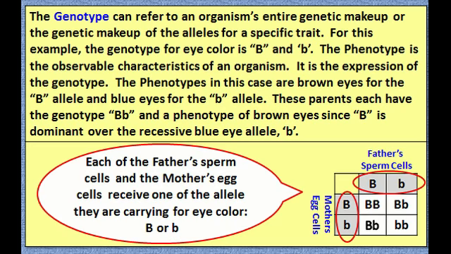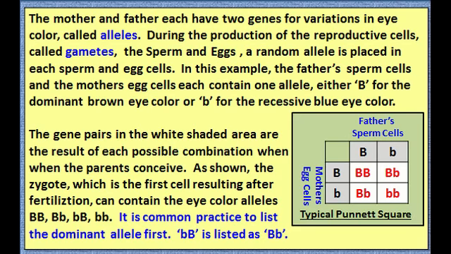Looking at the Punnett square at the bottom of the page, each of the father's sperm cells and the mother's egg cells receives one of the alleles they are carrying for the eye color, capital letter B or small letter b. The mother and father each have two genes for variations in eye color called alleles. During the production of the reproductive cells, called gametes, the sperm and eggs, a random allele is placed in each